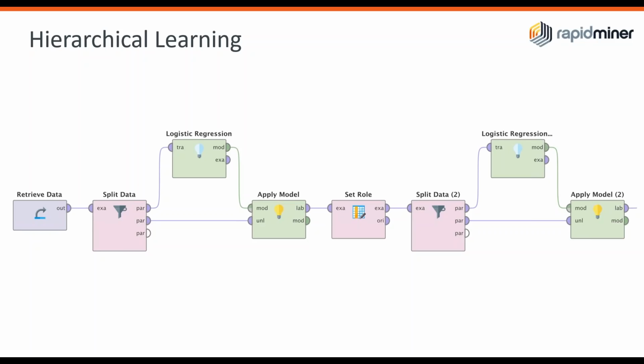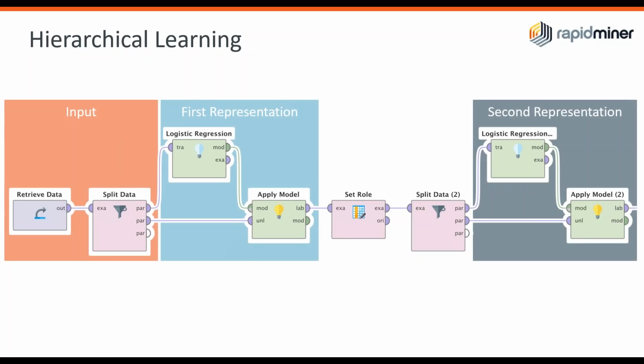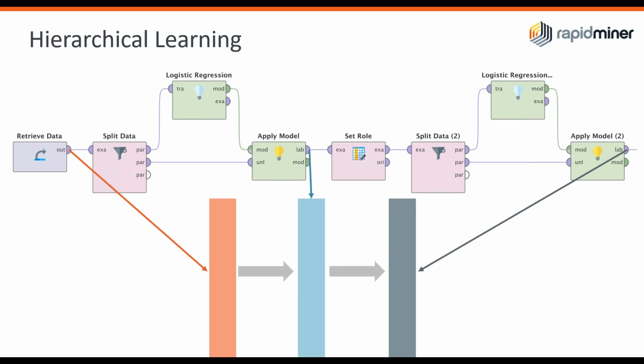But now we already feed in the prediction of the previous model without knowing that it's a prediction. So what we can identify is that we have some input block, and then we have a first model, which can be seen as a first representation of the pattern in the data. And then if we do it again, we have a second representation. The first one might be very rough, and the second one might be more detailed and more focused on other things. So if we see these blocks now a bit separated from our process,